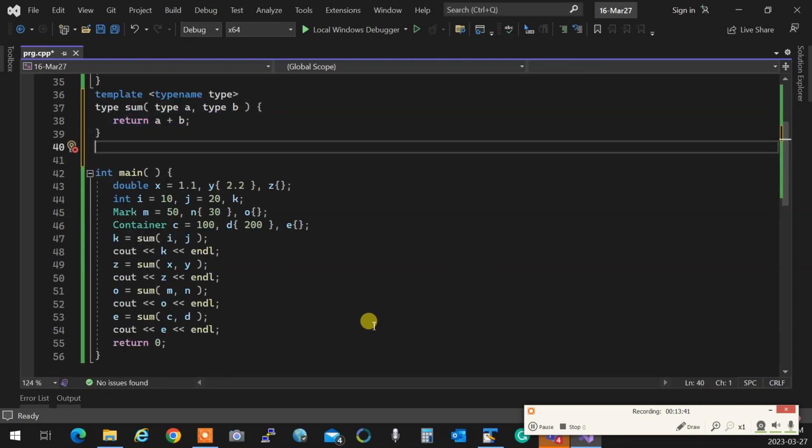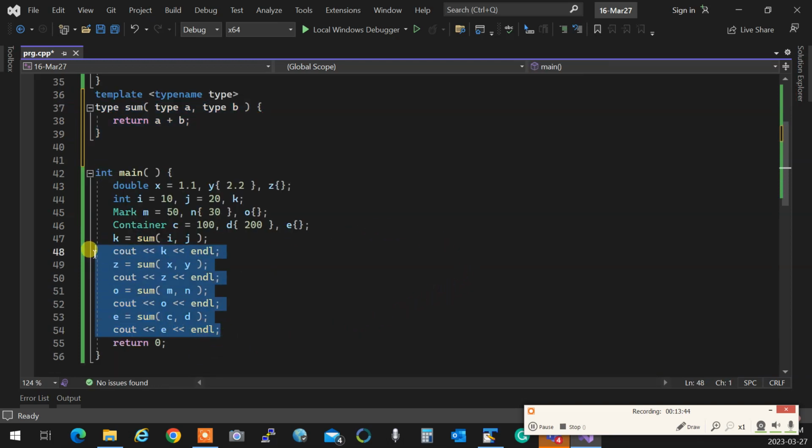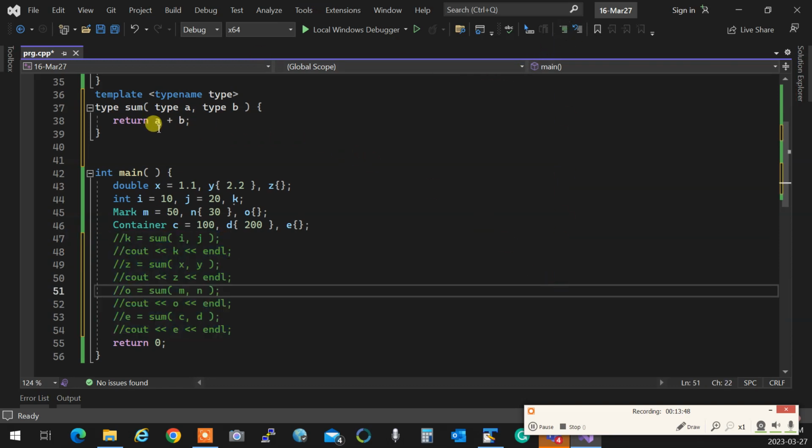So what I'm saying is that if all of these are commented out and I do not have any of these, the template is over there. Well, when the compiler looks at it, it says, I don't see any sum, so I'm not going to create anything. Therefore, the executable will not contain a function called sum. But as soon as you uncomment this one,